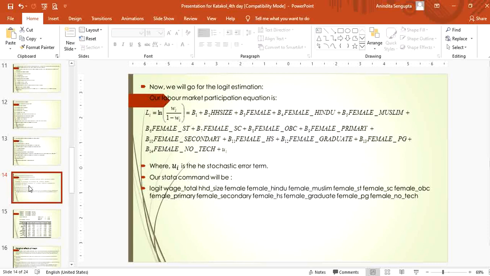Then we are taking the ordinary female dummy, then female Hindu interaction dummy, female Muslim dummy, then female ST dummy, female SC dummy, female OBC dummy, then female primary education, female secondary education, female HS, female graduate, female PG, and female no tech, and UI is the error term, stochastic error term. So our logit equation will be